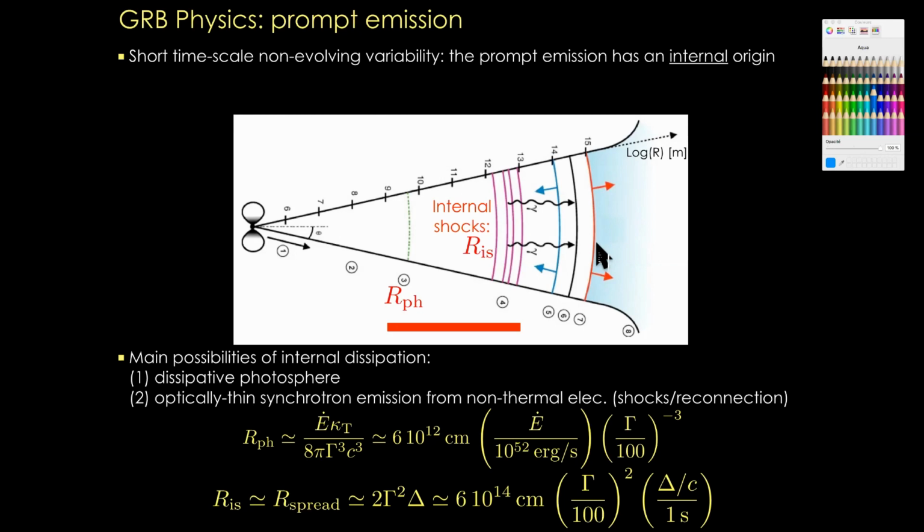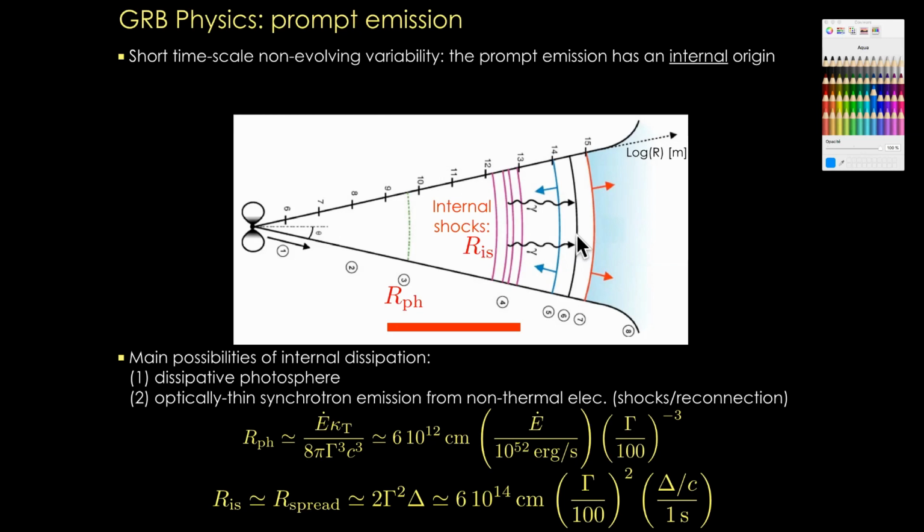The point is that I will show that for standard parameters, the radius where deceleration starts is much higher than the internal shock radius. So in principle, you should avoid this interaction between the reverse shock and internal shocks. But there is a region in the parameter space where you can have such an interaction. Okay, so I will come back to my blackboard to compute the photospheric radius,